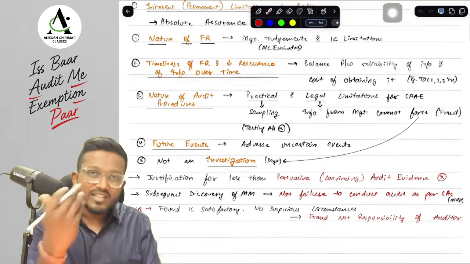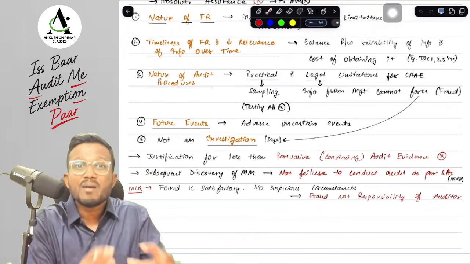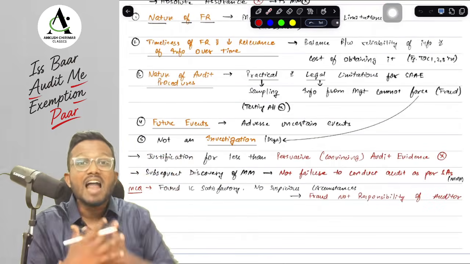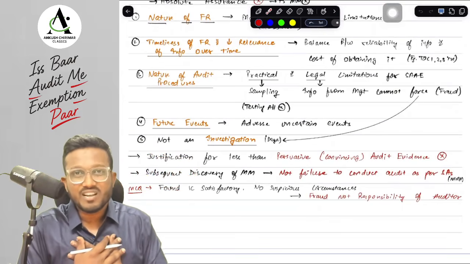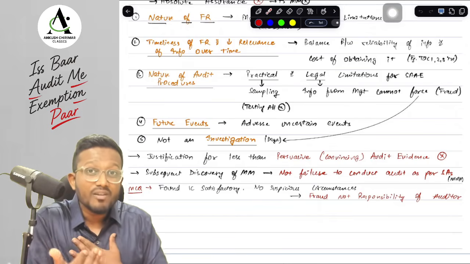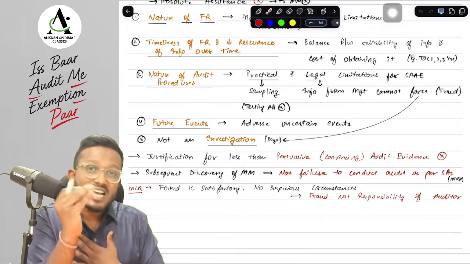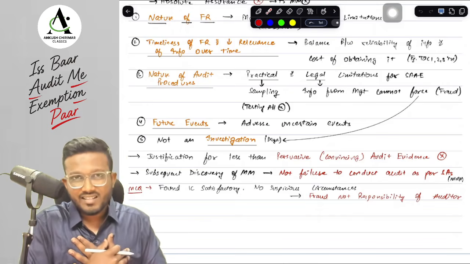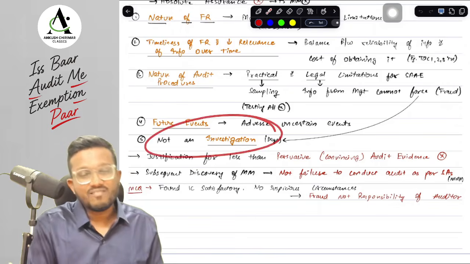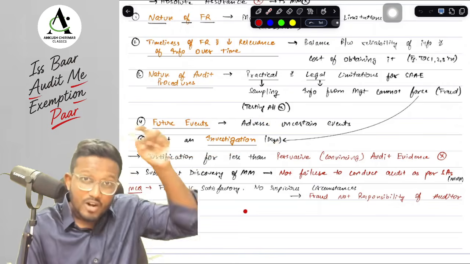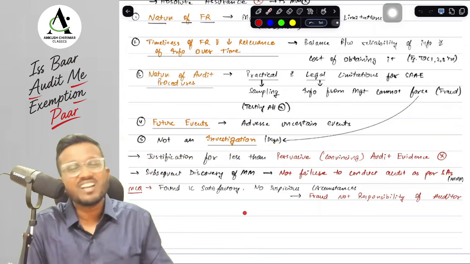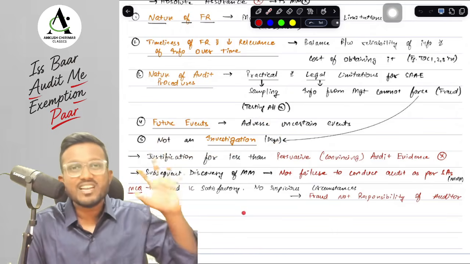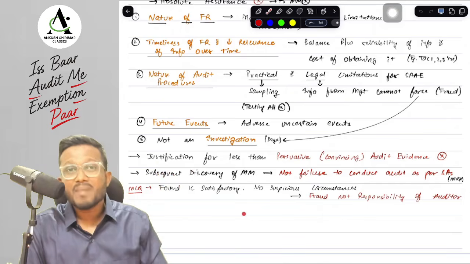Next, even after doing the audit, the financial statements are affected by future events and circumstances as well, and we are not astrologers to predict any future events and circumstances. There can be negative, adverse, uncertain events that can happen in future, and that can affect the going concern of the entity, and we cannot predict that. And lastly, audit is not an investigation. Had it been an investigation, I would have forced the management to give me all the information, but this is not an investigation. We do not have legal powers. We cannot examine the management on oath.